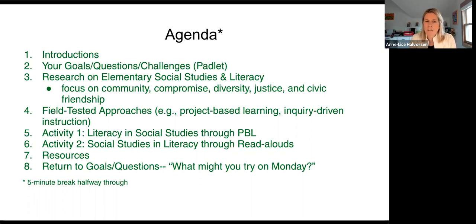So we'll do 2 different activities. And then we'll share a few resources at the end, some other electronic sources that we think might be helpful for you to continue on with this work. And then we'll wrap up by returning to the Padlet, where we're going to write down your goals and questions. And again, we really hope that you'll have a takeaway from this, where it's like, what might